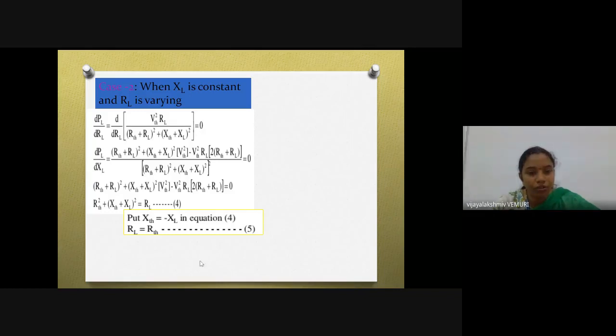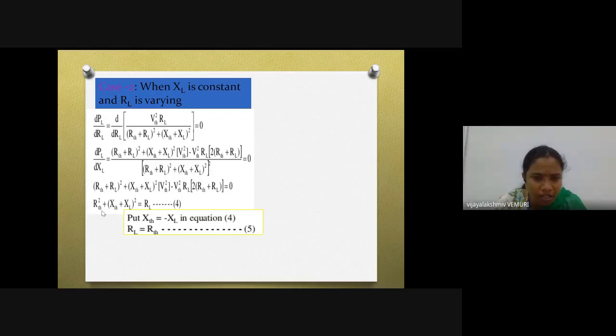Okay. Now what you do is you just put the value which we got before, which is XTH is equal to minus XL. And RL is equal to RTH. You just keep this value here, then the fourth equation will become this one, RL equal to RTH. You just substitute the value. XTH is equal to XL means this will become minus XL. Minus XL plus XL will go off. So you are left with